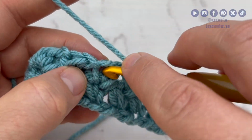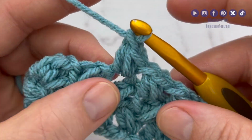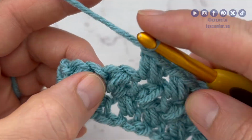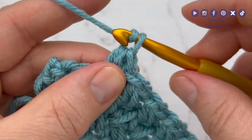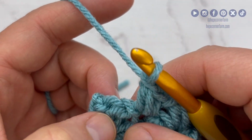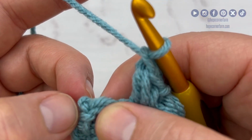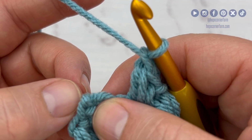I'll show you the differences just at the very end. So skip, we're going to mini bean, chain 1, skip, mini bean stitch, chain 1, skip, mini bean stitch, chain 1, skip, and then like the last row, we are working into the last mini bean from the last row. One thing I just wanted to point out is we are not working into that chain 2